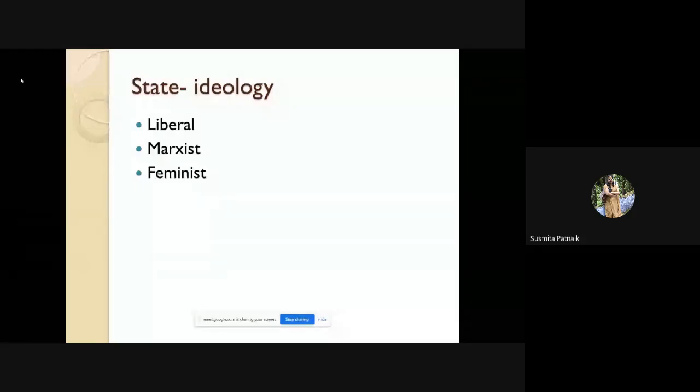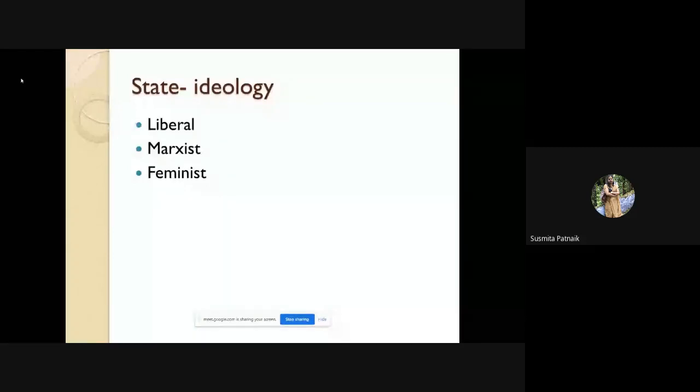So in order to protect and promote women, the feminist approaches are there. There are many political philosophers who promoted the feminist approaches, and where was it promoted from? From the European states.